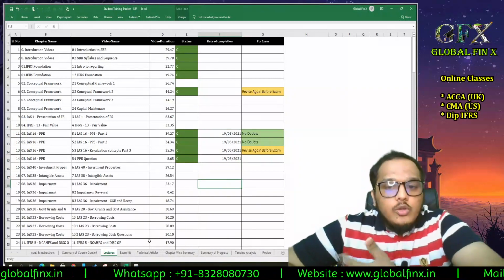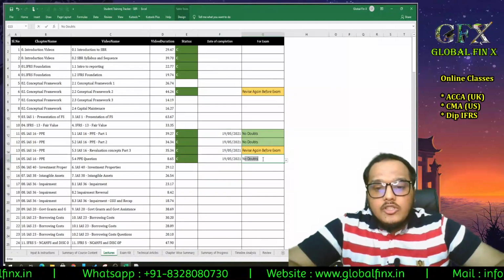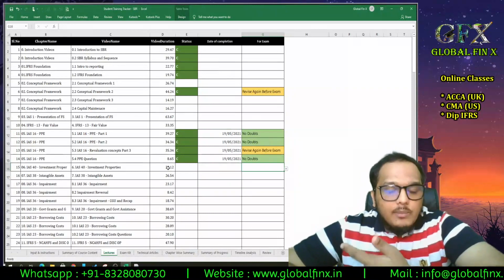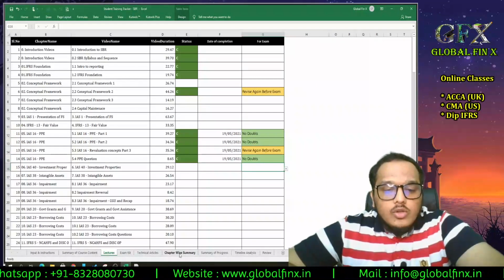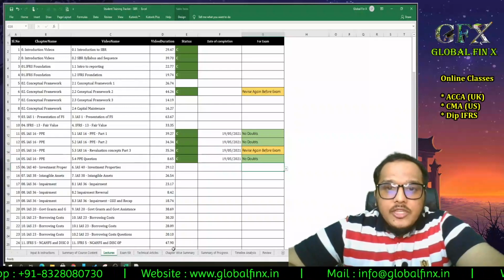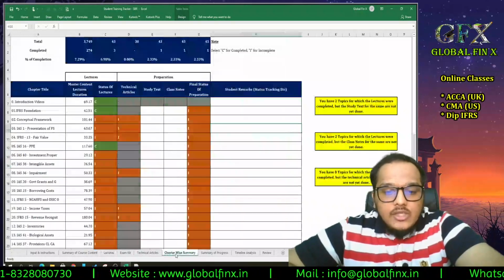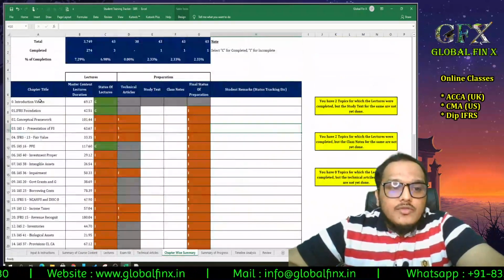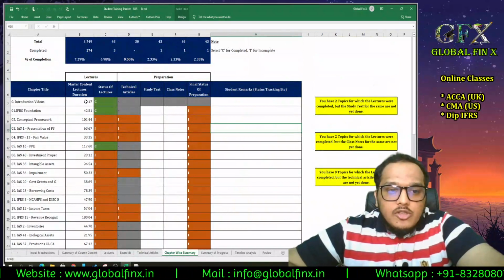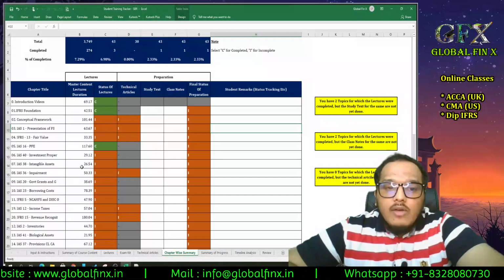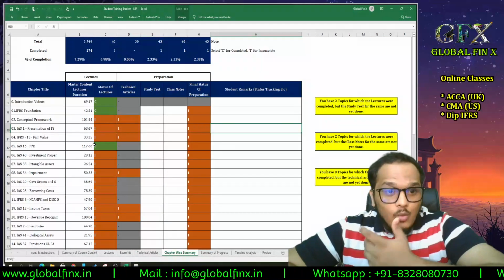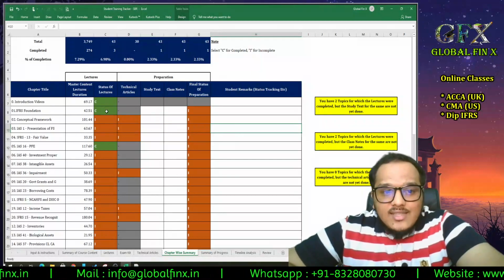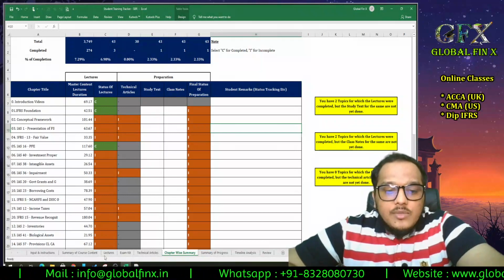Then, as I told you, immediately once you are done with the lecture, immediately study text and the class notes for that particular topic. So what you will do, just go to chapter wise summary sheet, and here you can see the chapters are covered. So you have the list of chapters on the first column, the duration of the lectures for each of this. This is not in hours, this is in minutes. So don't get worried saying that introduction is 16 hours. No, that's minutes.